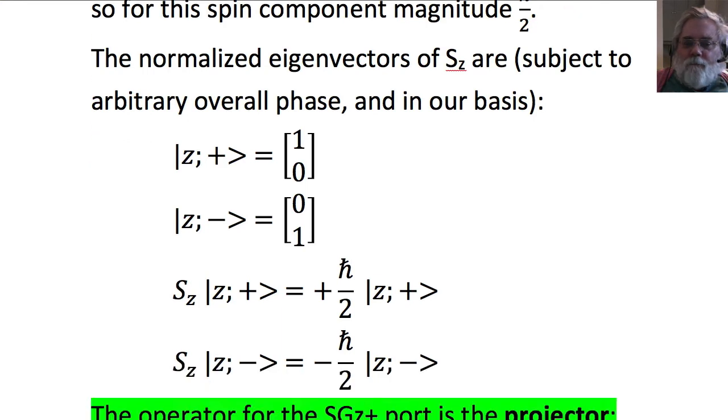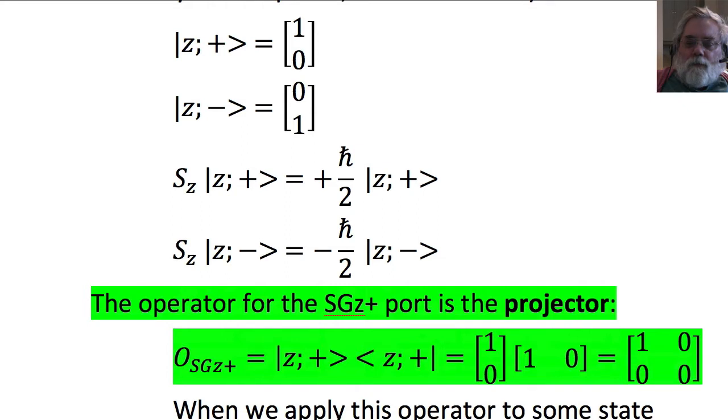You can verify easily that if you use SZ to operate on Z plus, you will get the result plus h bar over 2 times Z plus, using the Pauli matrix sigma Z. And if you do SZ operating on Z minus, you will get minus h bar over 2 times Z minus. So sigma Z is the correct operator to give us spin component SZ in general,